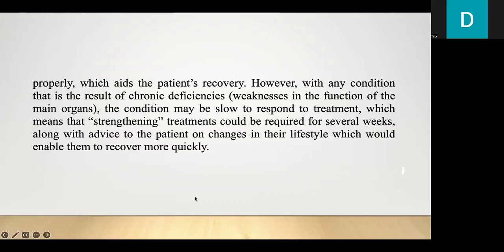aids the patient's recovery. However, with any condition that is the result of chronic deficiencies or weakness in the function of the main organs, the condition may be slow to respond to treatment, which means that strengthening treatments could be required for several weeks, along with advice to the patient on changes in their lifestyle, which would enable them to